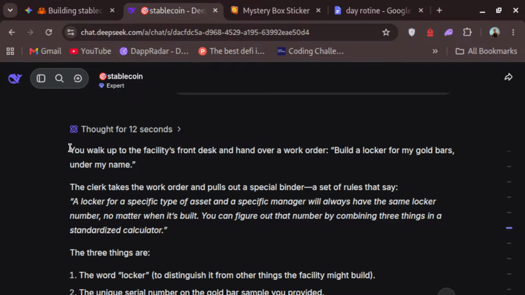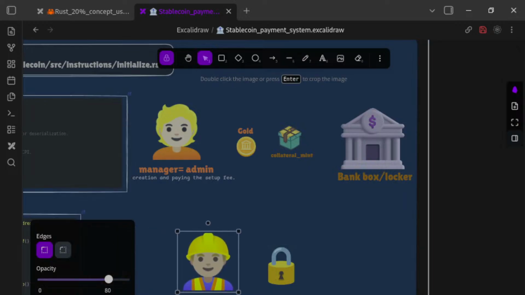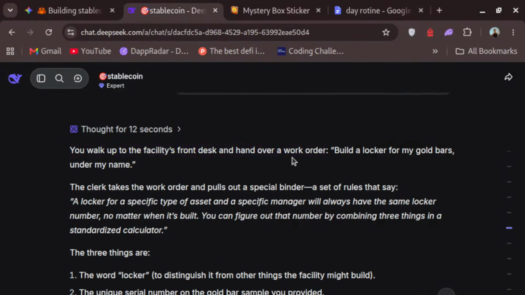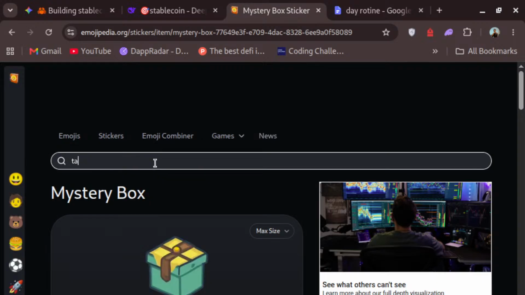So you walk up to a facility front desk and hand over a work order. I go to a facilities desk. Let's say he is the person at the facilities desk, and I hand over the work order: build a locker for my gold bar under my name. That means I need a